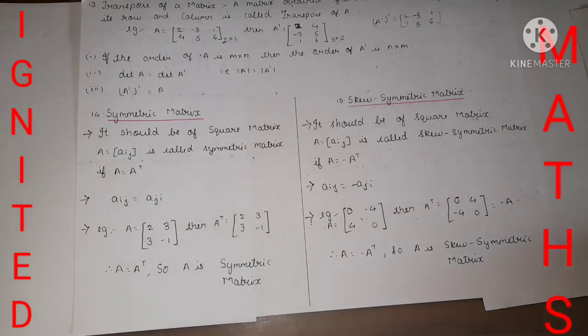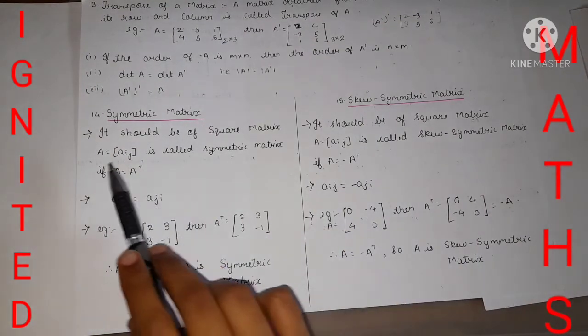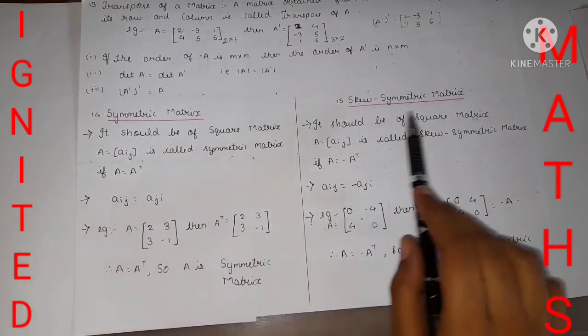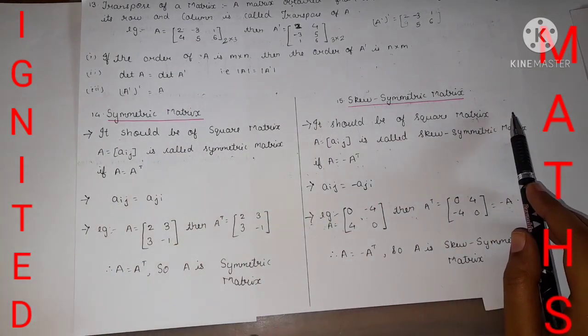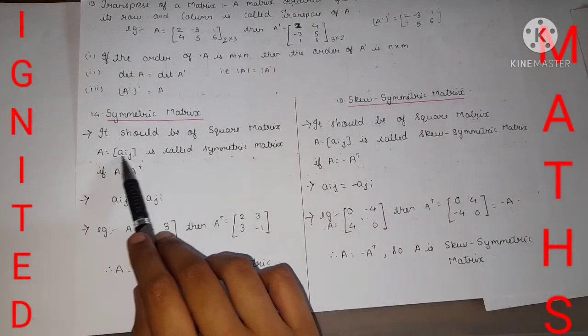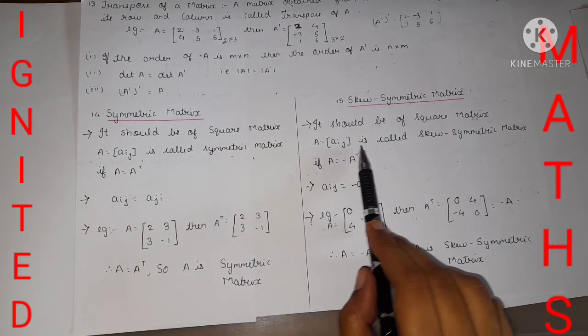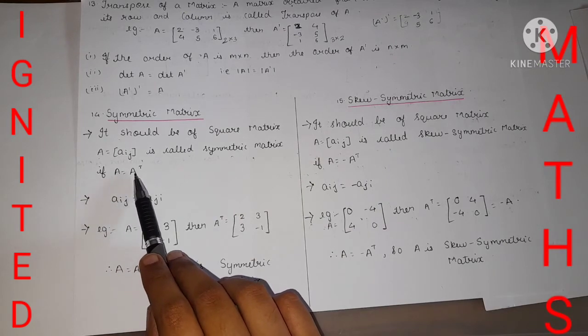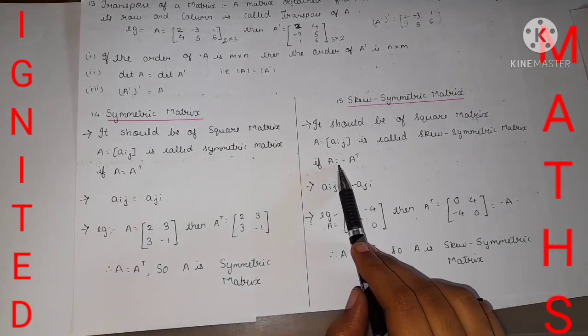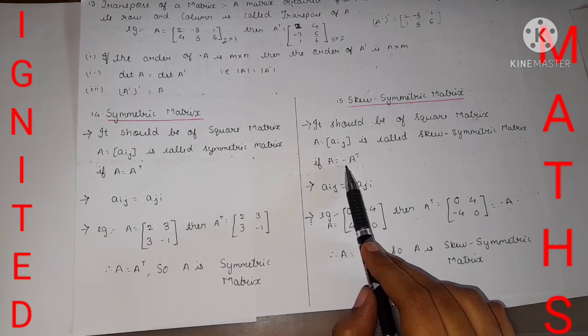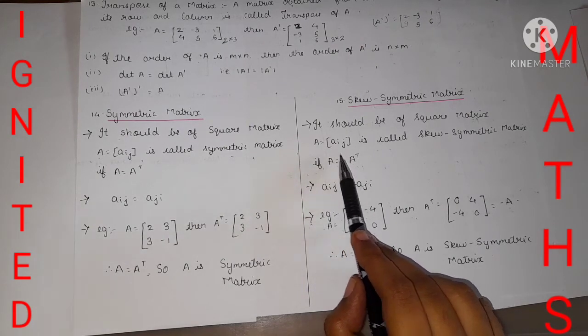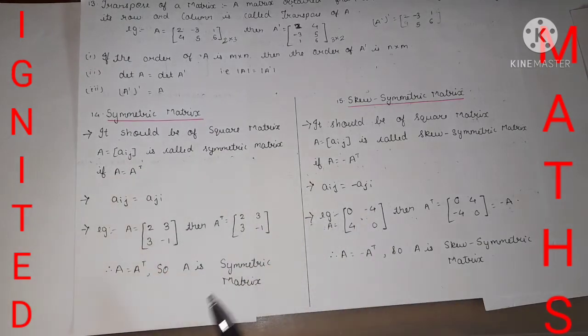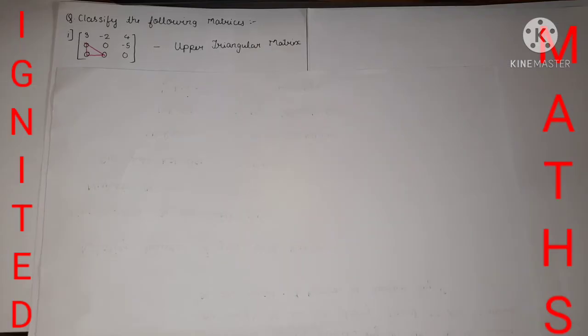Now, this is the differentiating part between symmetric and skew symmetric. It should be a square matrix, and even here it should be a square matrix with A ij terms. But for symmetric, A should be equal to A transpose, whereas over here A is equal to minus of A transpose. This minus term is the difference between symmetric and skew symmetric. After differentiating it, you may find it very easy to understand. That's why I have done it by the differentiate method, with more examples so that the concept will be clear.